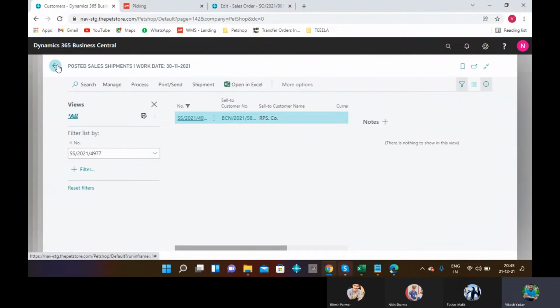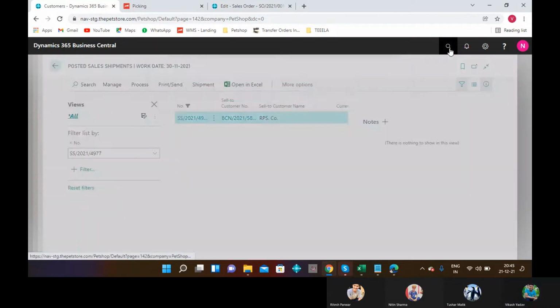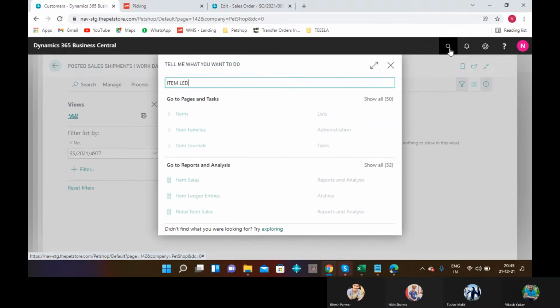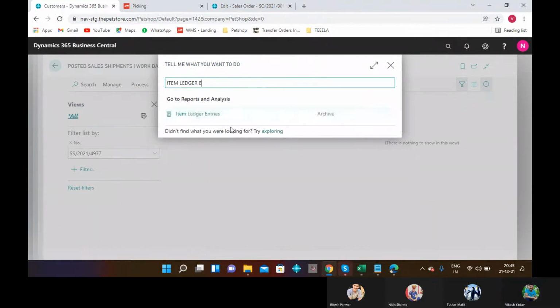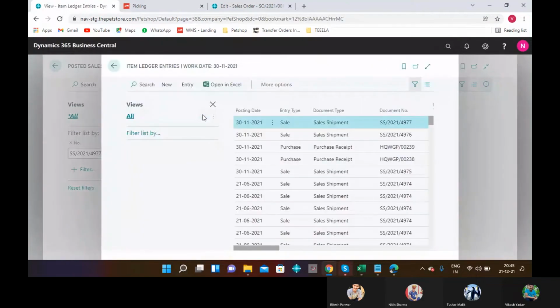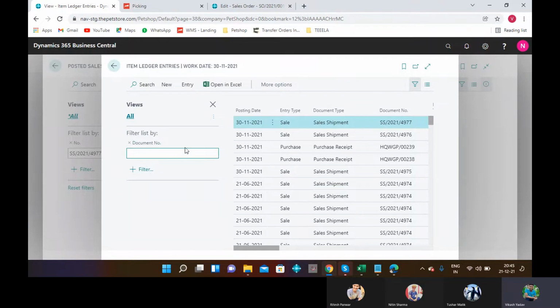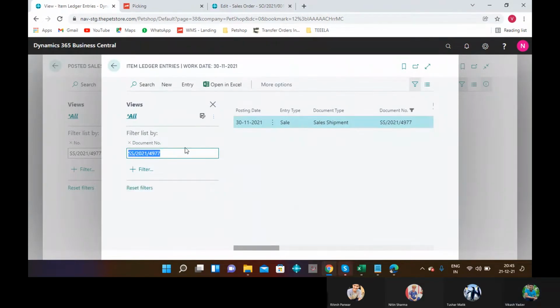Now we can check our sale order entries. So first we go to item ledger entries. Here we applied the document filter number and posted sales shipment number.